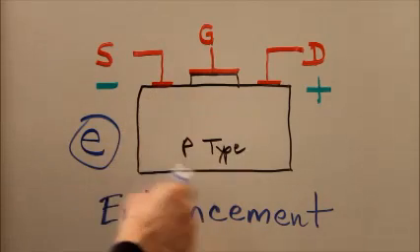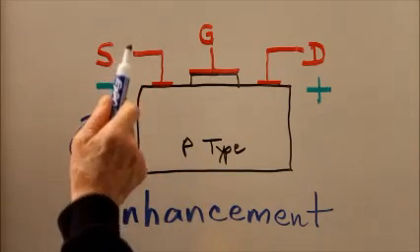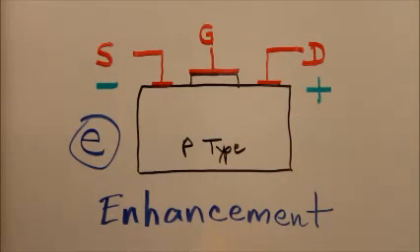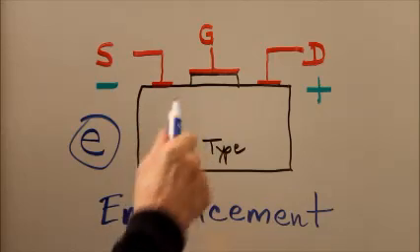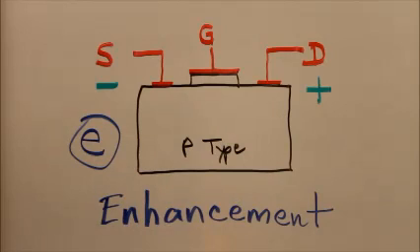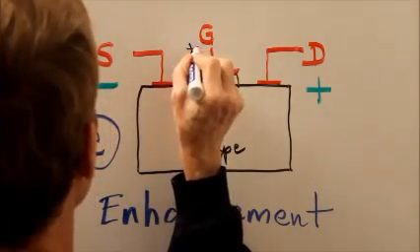a channel. Now here's what an N-channel enhancement mode MOSFET looks like when there's no bias on the gate at all. The source has a negative voltage, the drain has a positive voltage, normally provided by a battery or a power supply. The gate, if it has no bias at all, results in no channel and therefore no conduction. This P-type semiconductor material will not allow conduction unless we apply a small positive bias